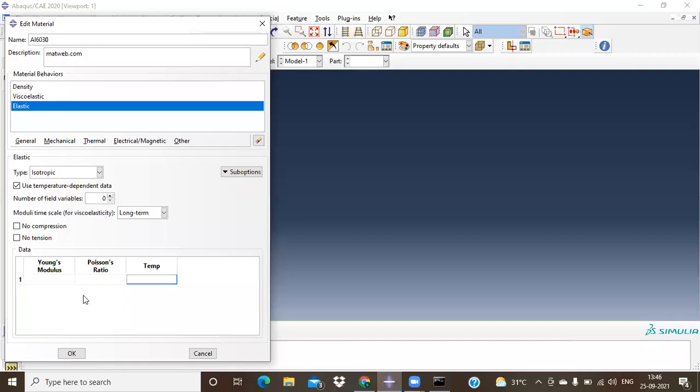So my Young's modulus units are nothing but stiffness, a force over area, so it's Newton per mm square. I have to feed this in MPa, along with Poisson's ratio and the temperature values. Initially, if it's 23 degrees centigrade, it has one value. As the temperature changes to around 25 degrees, the values will change. Like this, you can add more values just by pressing enter; an extra row will be added.